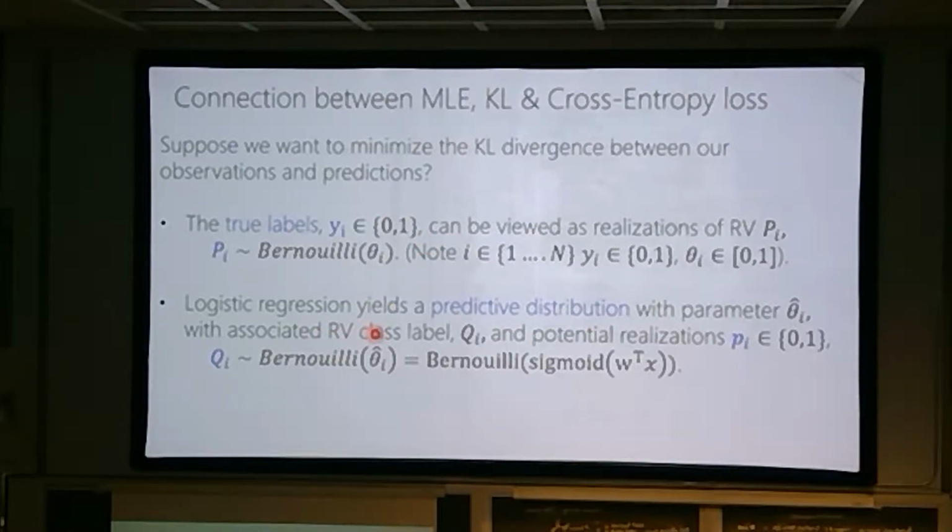And then we had logistic regression, which we motivated very slowly, going through the step function and then to the sigmoid and softmax and so forth. But at the end of the day, when we write the likelihood for this, it's a binomial likelihood. And so here we can think of potential realizations associated with a random variable Q that's given by Bernoulli. But now the parameter of the Bernoulli is actually that sigmoid, right? I'm just rewriting what we did last time, which was the binomial likelihood in a slightly different way. But it's the same thing.